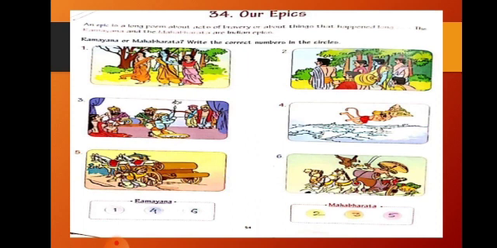So below Ramayana, 3 circles are there, and you can write 1, 4 and 6 as I have mentioned over there. I have already written it. And below Mahabharata, write there 2, 3 and 5. Dear children, go through the lessons well. Write down the question answers in your copy whatever possible, and learn the spellings well.